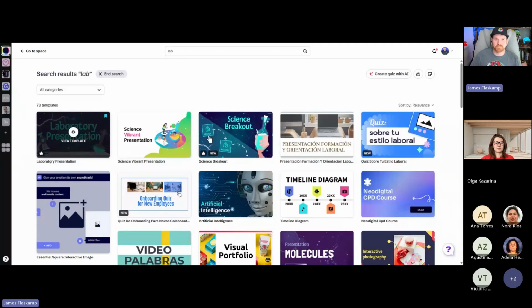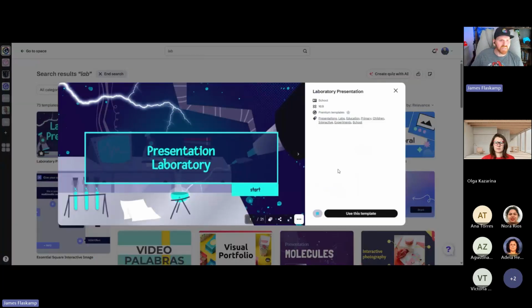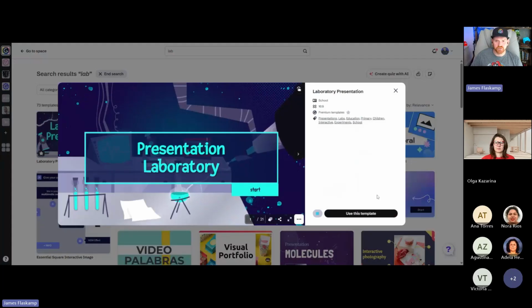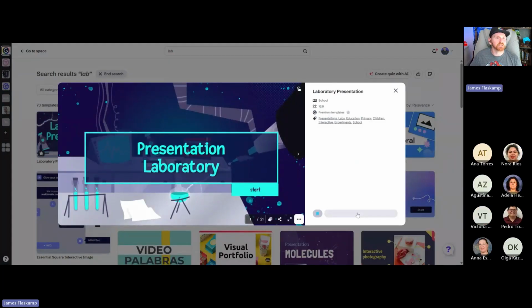You can do this with any template and even a blank creation. It's really more about the drag and drop capabilities. So I'll show you that. So here, we'll view this template. And just like before, again, fully functional template here, but I'm going to say use this template to bring it over into my editor.